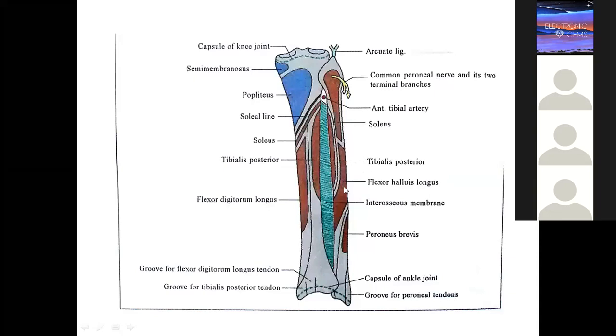Then lower down, this is the flexor compartment now. Flexor hallucis longus you are finding, tibialis posterior you are finding. The peroneus brevis small slip is seen from this view also. In the lateral aspect we have peroneus longus and brevis, no? Small thing we can see here. So digitorum has come behind the tibia, beta, and hallucis is coming behind the fibula. So these are the things you should remember for the fibula. Very simple.